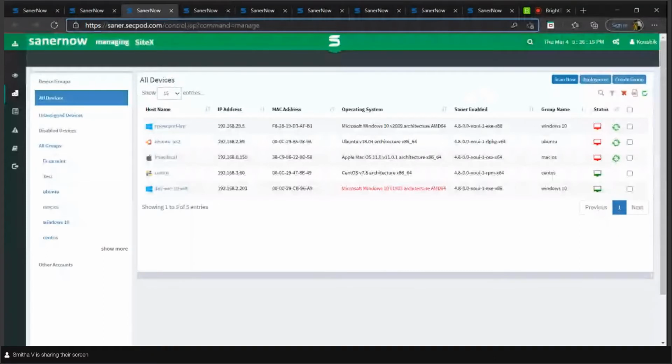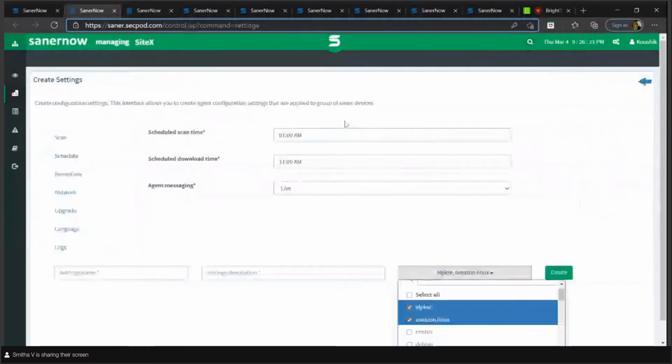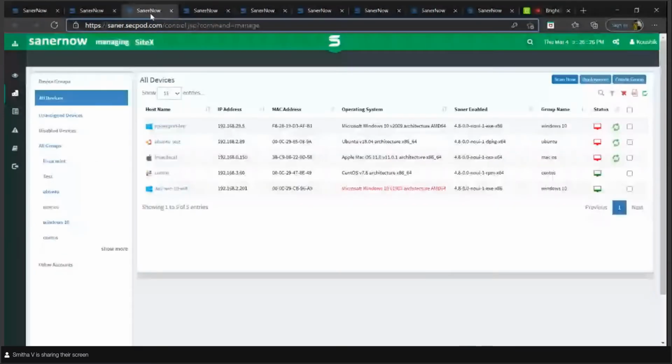Yes, Smita. As I told, we can schedule our scans from the settings page, and we will be able to put an on-demand scan from the devices section. To go to the devices page, in the left control we have the manage devices section, where once you click on devices, you will see the list of devices installed in your account. User can just select the device and click on scan now.